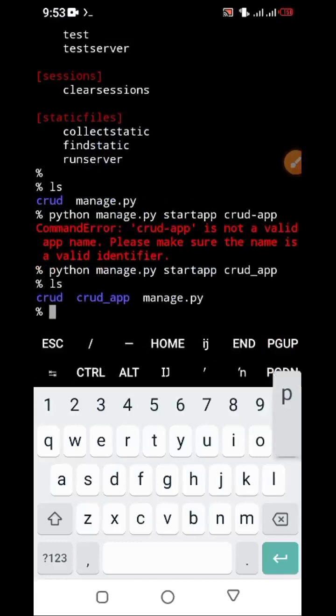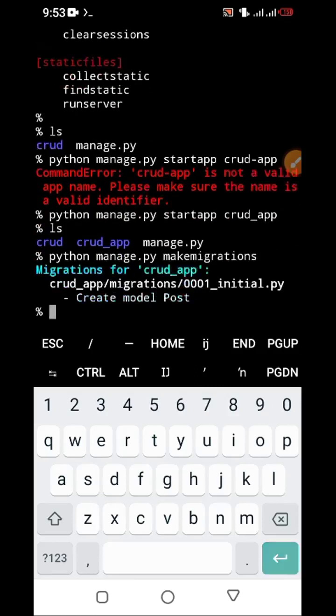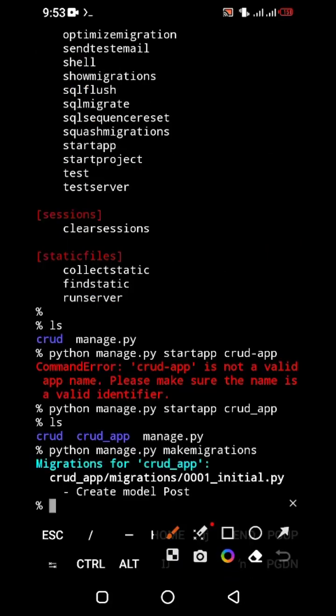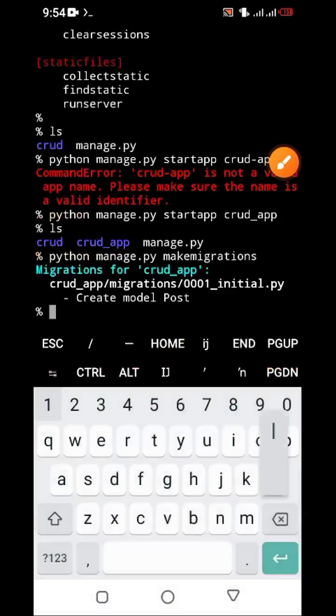Okay, to prepare the migrations, you run python manage.py makemigrations, all in one word. It's going to make migrations throughout your project, and then you can see we have created one Post model, right? So that is the only migration we have right here. So we're going to do python manage.py